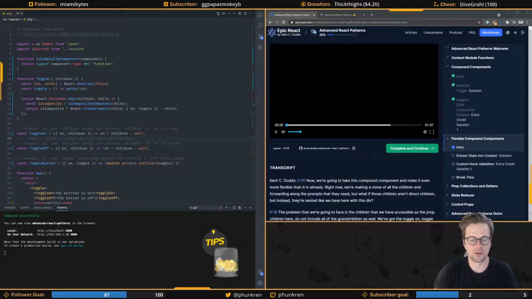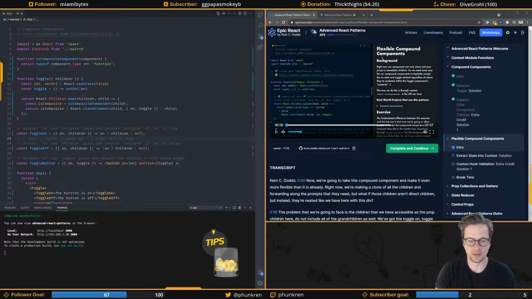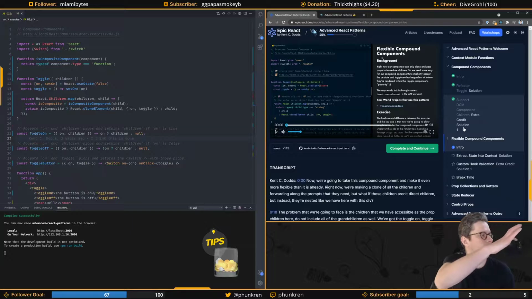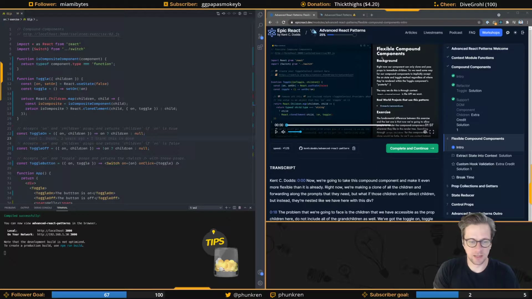Okay, where are we at? We finished last week. What did we do last week? We had just finished compound components, the introductory one too. We'd started making a toggle component. We'd just finished building a toggle component, and